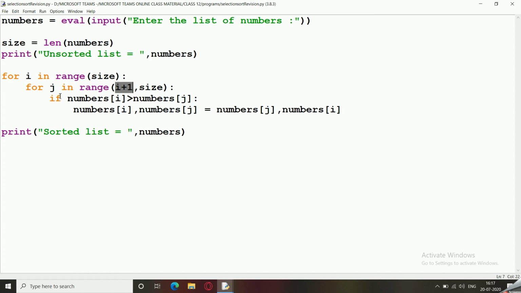If we are comparing the element at position i with the element at position i plus 1, i plus 2 and so on, hence we have to start j from i plus 1. Whatever is the value of i, j will start from 1 more than that value. For more information regarding the dry run of this question, you can refer to my previously uploaded videos on this.